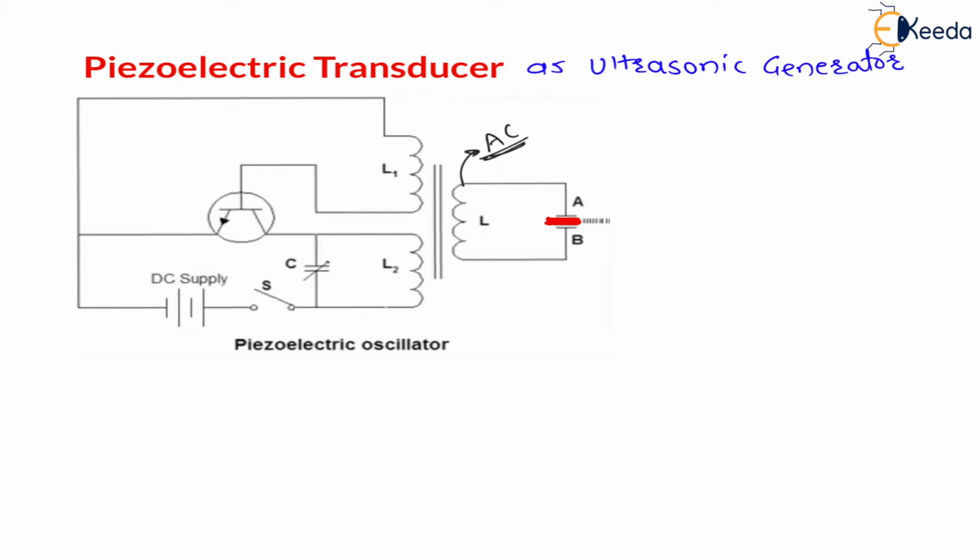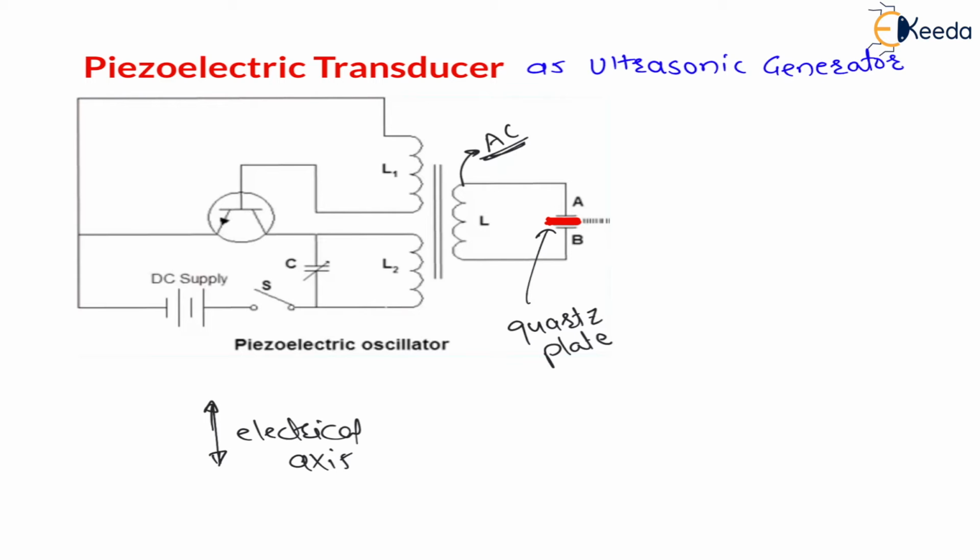So my dear students, with the help of plate A and plate B, we have supplied this alternating current to the quartz plate. Therefore here the electrical axis will be the vertical axis. In the previous case we saw the horizontal axis as the electrical axis, but now the electrical axis is the vertical axis. The Y axis is the electrical axis, because along this axis we have supplied alternating current.